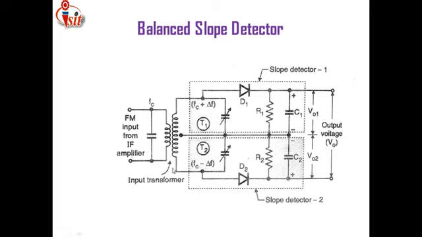Then how Fc plus del F, Fc minus del F and Fc are correlated with each other, and depending upon this relation how we get output voltage 1 and output voltage 2, and by using these two values how we get the output voltage, we are going to discuss in our next lecture.